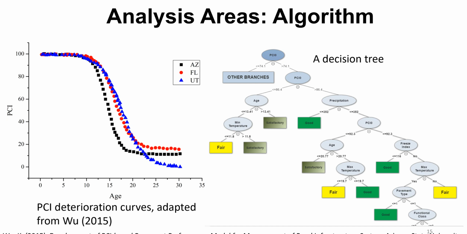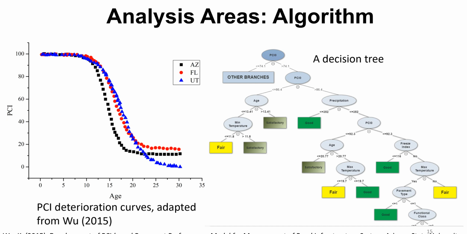So the reason for this, when we looked into the data, was traffic. The roads in Arizona, for example, had larger traffic and also a larger number of trucks passing on their roads. So that's another issue of these types of models, that they cannot take into account all these variabilities and all these sources of